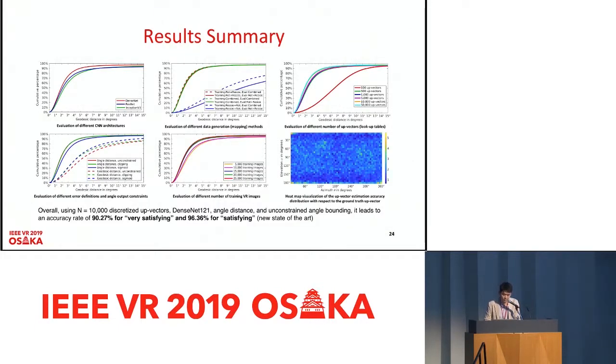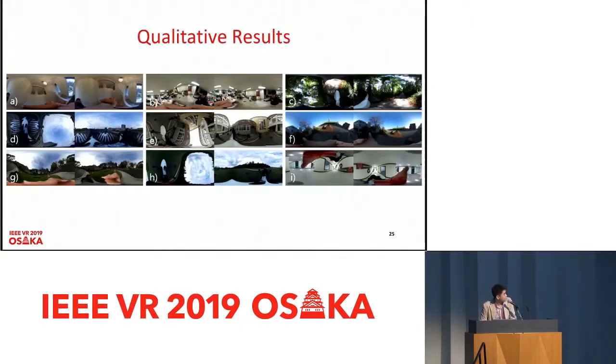Using the best combination of configurations from the experiments, we achieved 90.27% accuracy for very satisfying upright images and 96.36% accuracy for satisfying category VR images, vertically upright images. Since our method can handle all types of scenes, it is robust to most of the scenes, and it still gives constant accuracy results. Now let me show you some actual